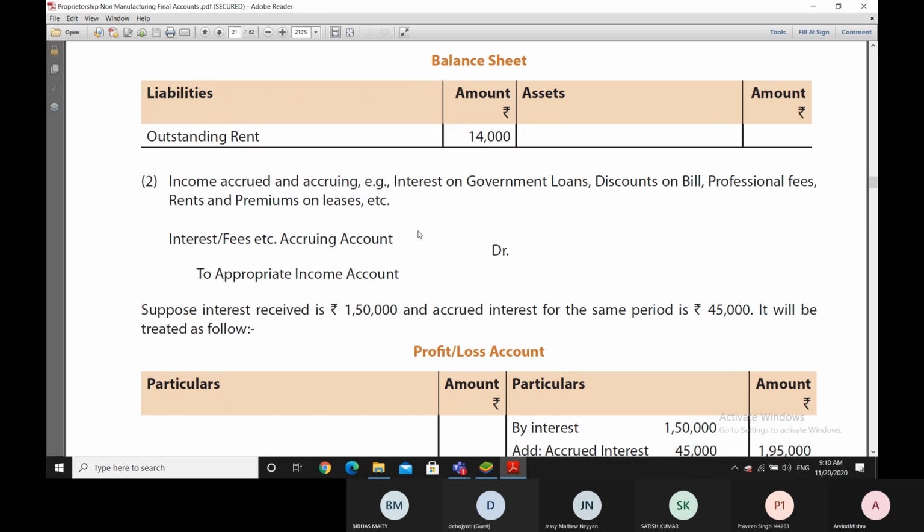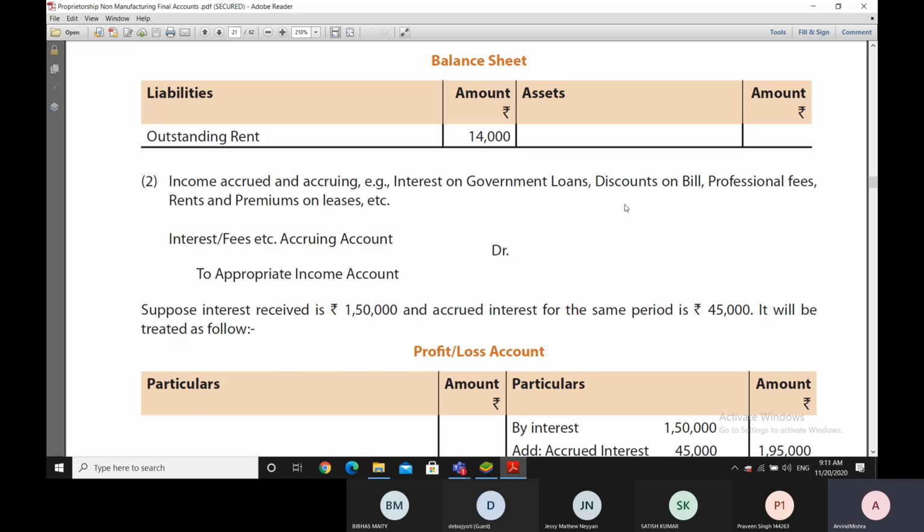Secondly, if there is any income accrued that needs to be entered into our books, for example, there may be some interest on government loans that has accrued, there may be some discounts on the bill that have accrued, there may be some professional fees that have accrued, there may be certain amounts of rents or some lease premiums that have accrued. So all these accrued amounts will have to go into the income side of the profit and loss account, and therefore